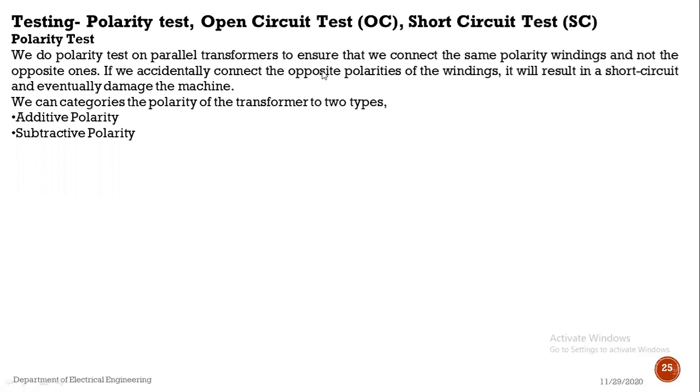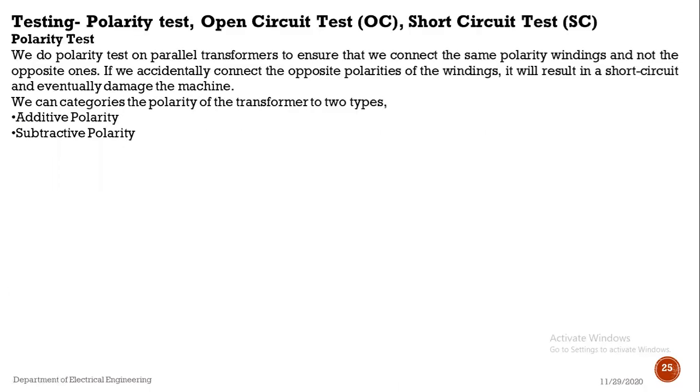And we have calculated the no load component of the current. That is, the no load current component is nothing but R0 and X0, that is the no load resistance and the no load reactance. That means the magnetizing component and the working component of the no load current, that is IW and IMU. So this we have already discussed.